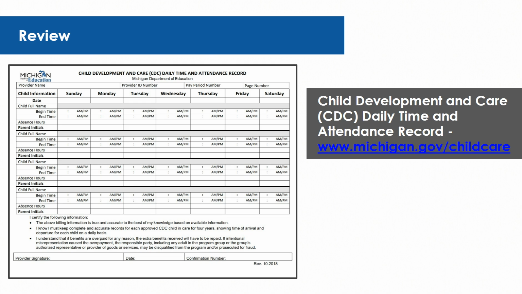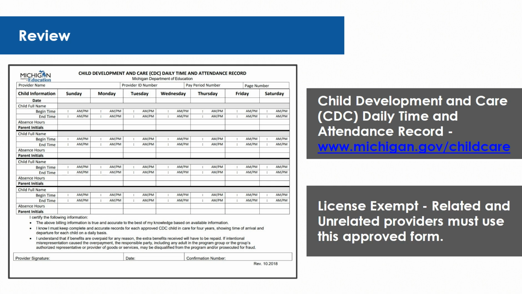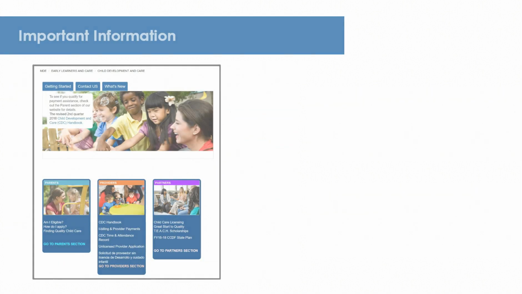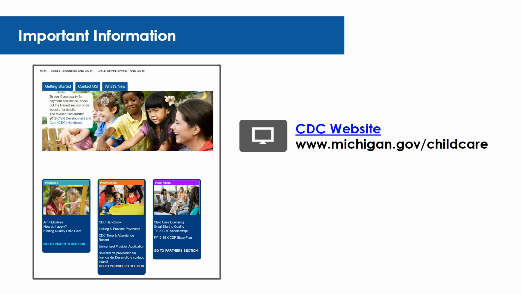website at www.michigan.gov/childcare. License-exempt, related and unrelated providers must use this approved form. All other providers can use the form of their choice, but must include the required information we covered in this training module. If you need more information on time and attendance records, you can visit the State of Michigan Child Development and Care website at